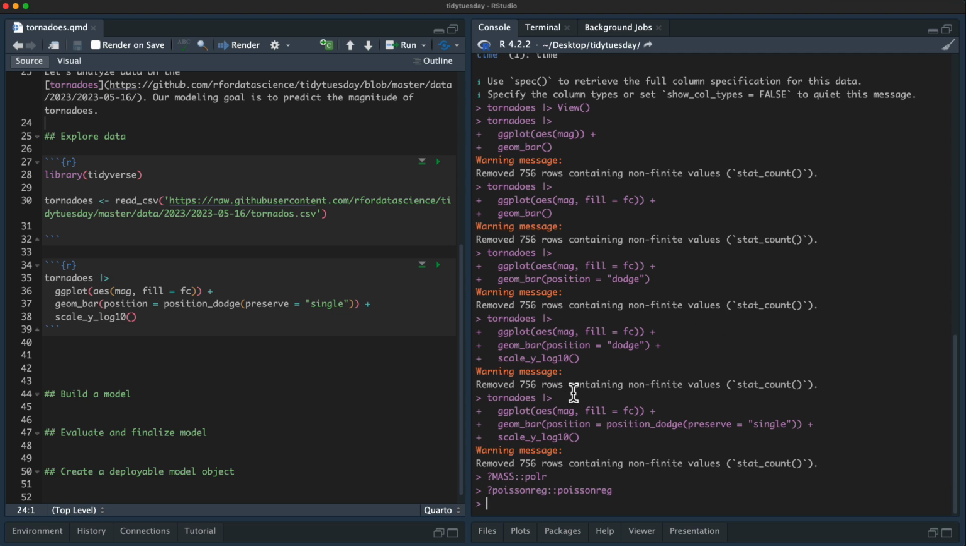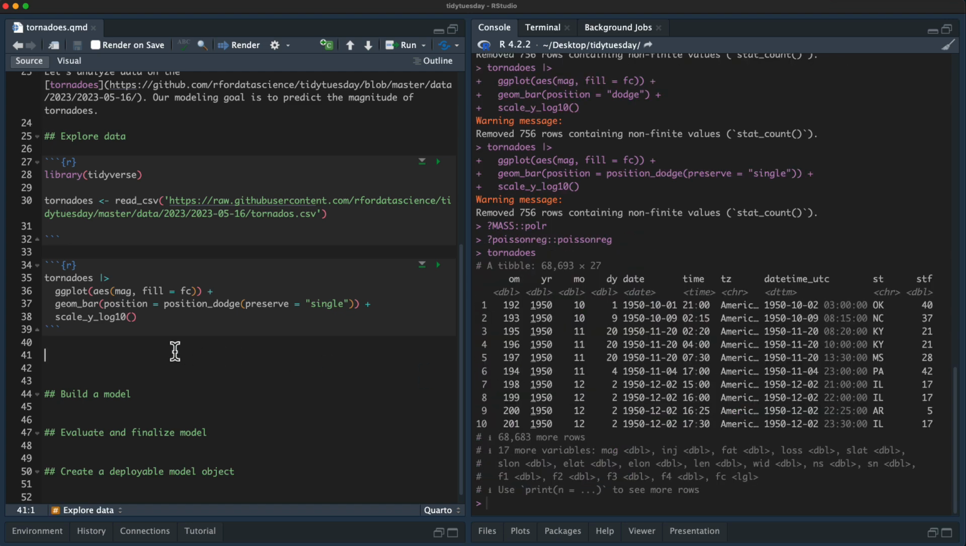So let us take a look at tornadoes here. And we've got lots of different variables. Let's do a little more EDA so that we can have a little more knowledge as we go into building our model. So first, let's look at this